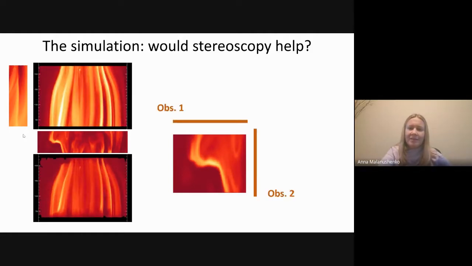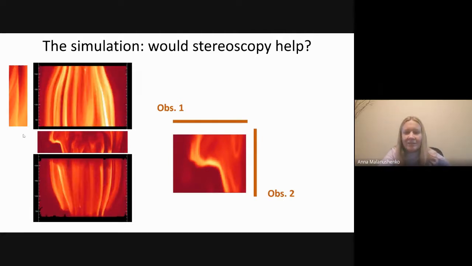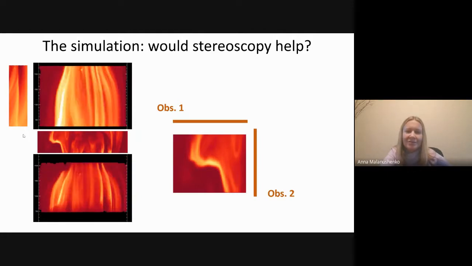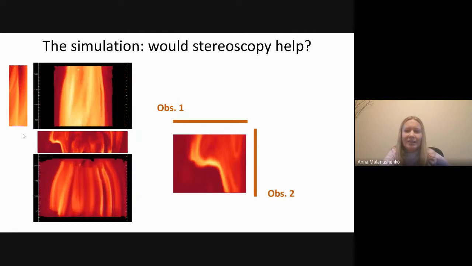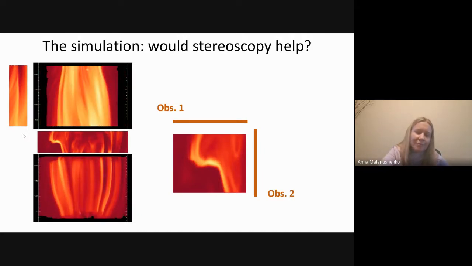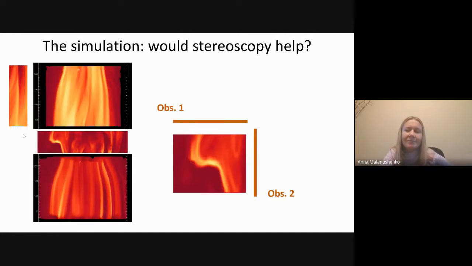What happens if we have stereoscopy, such as the twin STEREO satellites? And suppose, for the sake of argument, that they are in quadrature, that is to say, their lines of sight are 90 degrees from one another. So we have observer 1 and observer 2 looking from 90 degrees onto the same volume.